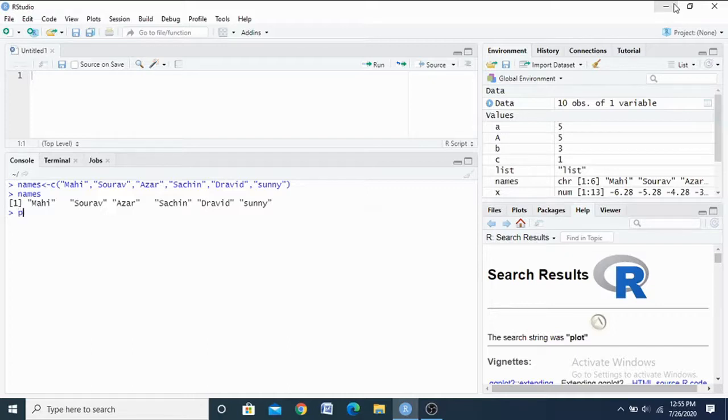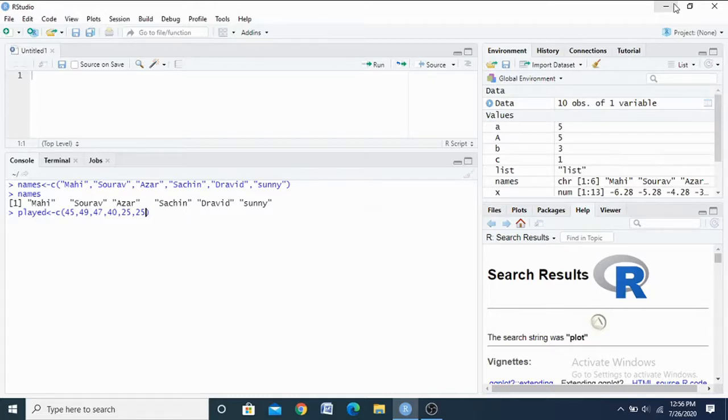Next I am going to create another set: how many matches they have played. I have to use the same vector approach in the next row, with some values, for example 45, and so on. Keep in mind how many names you have created: the length will be 6.